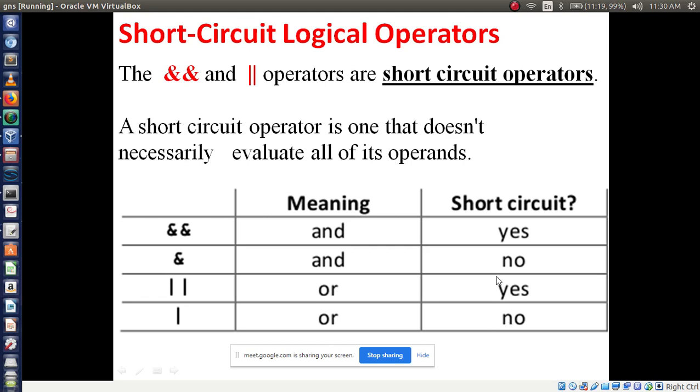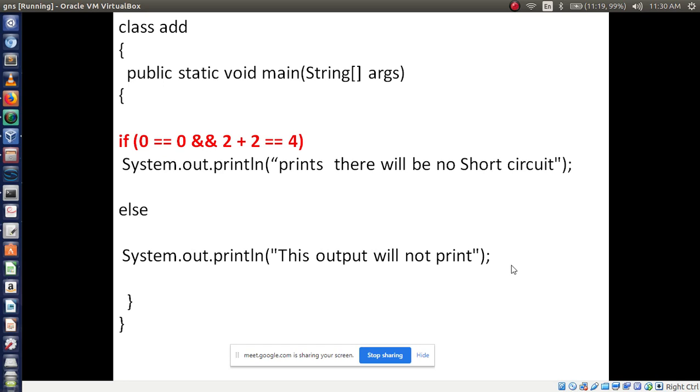So now in this example, what will happen? See here, System.out, 0 equal to 0, is the condition true or false? True. And if it is true, then check the next condition. 2 plus 2 is equal to 4, the condition is true.